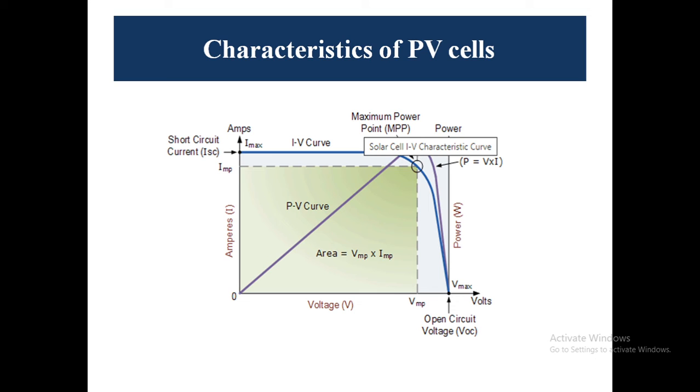And that optimum current is called IMP, if you can see on the axis of current, and that optimum voltage is VMP, where we say the power would be maximum. So when these two are multiplied together, we get the ideal power that is required for the ideal operation of the solar cell. And this point is called MPP, the maximum power point. You can see it above. Now this has been defined here.